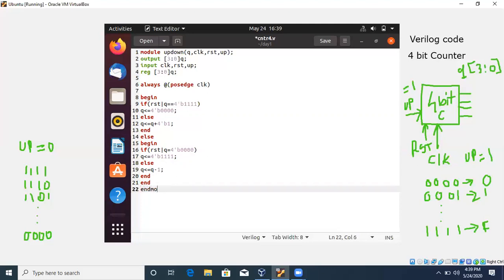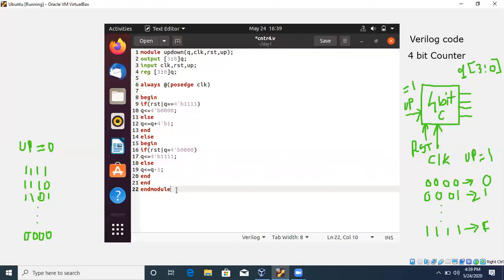And lastly we'll end this module by typing endmodule. So this end statement is for this begin statement, and this end is for this begin, and this is endmodule for this module.